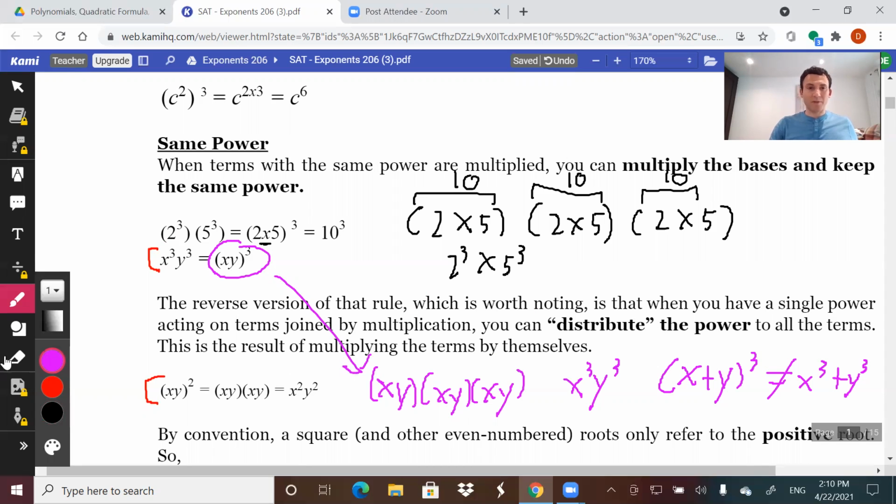If you really think about this, this is x plus y times x plus y times x plus y. And if you were to FOIL and do it out, you're going to get something much different than x to the third plus y to the third. All right. Anyway,